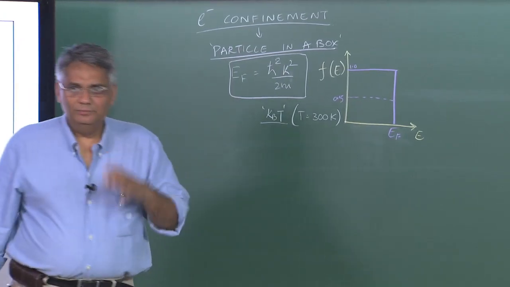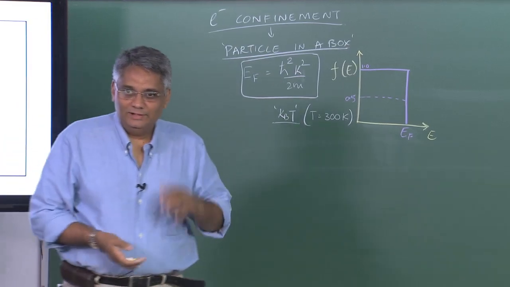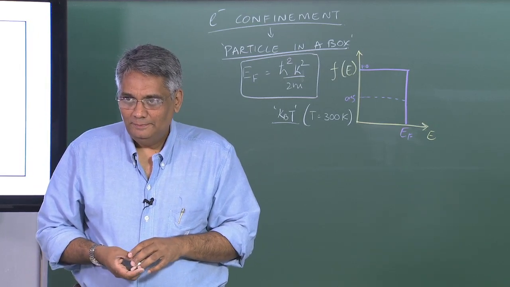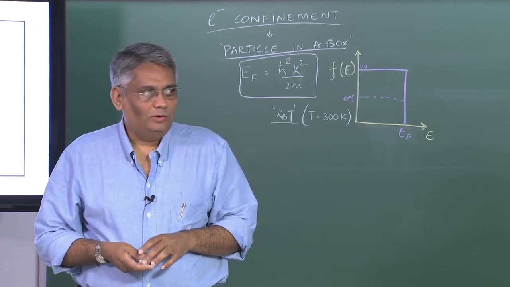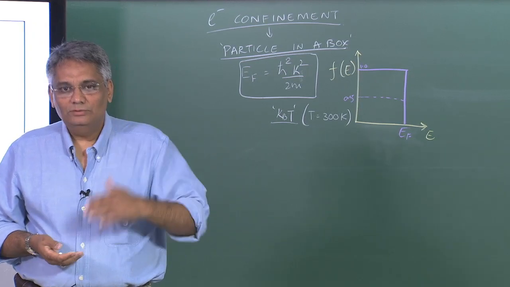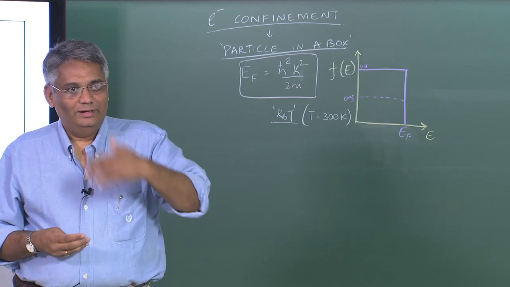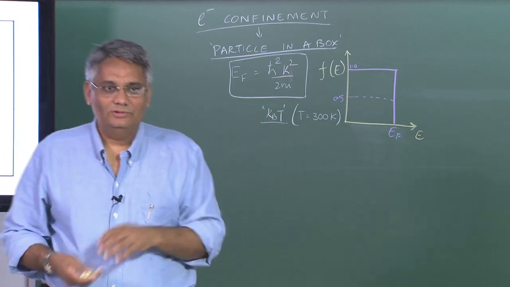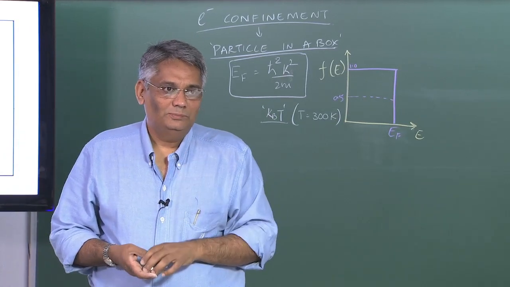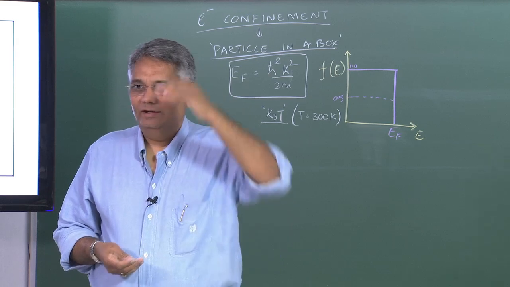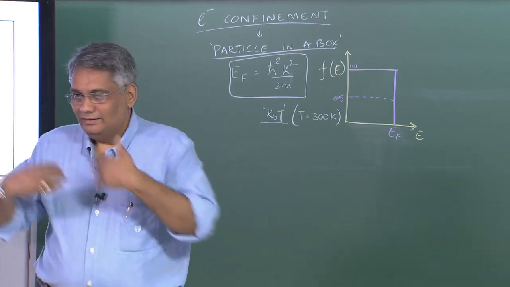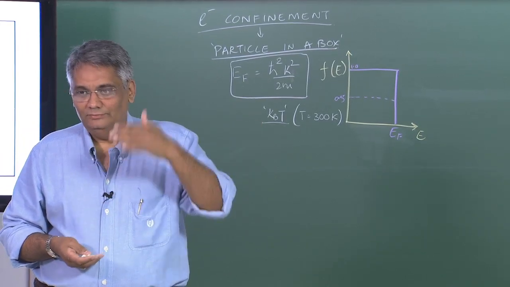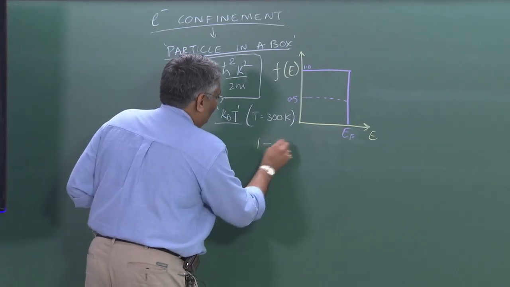So, the Fermi energy, the Fermi level, is the level up to which electron occupation happens. It's the maximum filled level at 0 Kelvin, and at 0 Kelvin the probability of occupancy of states below this level is 1, above this level is 0. But at elevated temperatures above 0 Kelvin, you have a finite possibility of finding electrons in the higher energy states. And at higher temperatures, what happens to the probability distribution in the low energy states? So, it will go something like,